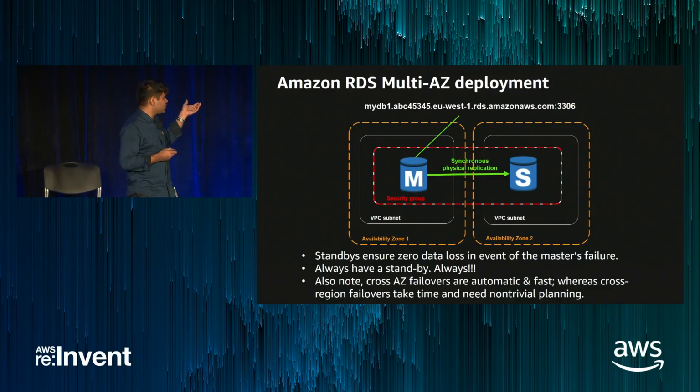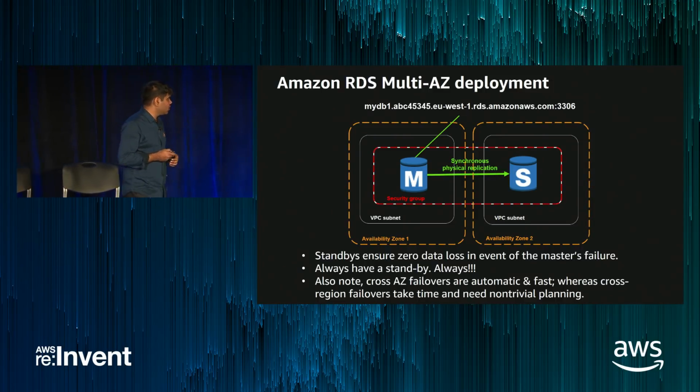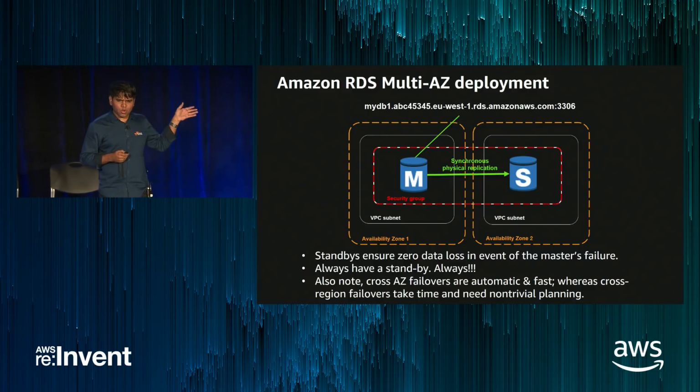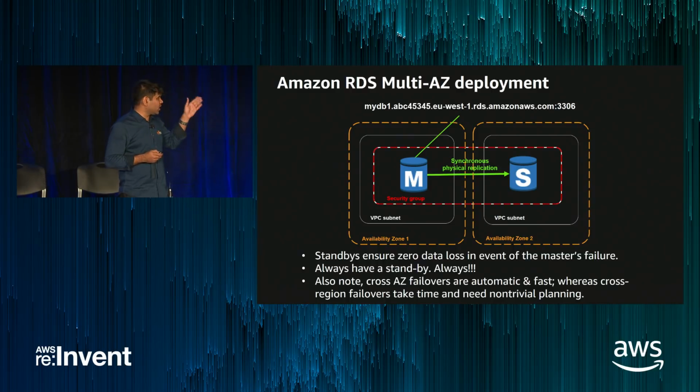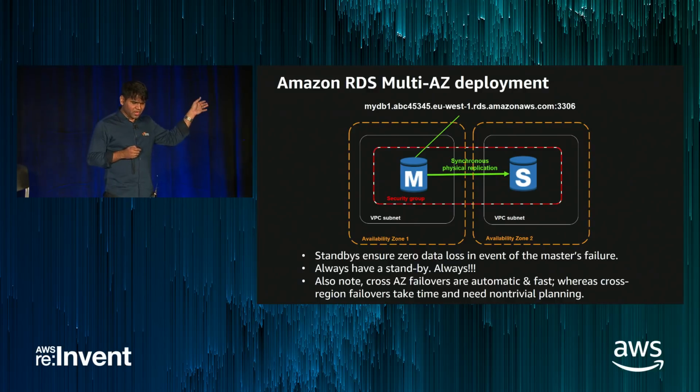And one of the low-hanging fruits is deploying a standby server for your master in another AZ, which is independent of the first AZ, which has got its own data centers, power supplies, network, and everything. And there is extremely low latency synchronous data copy happening from master to standby. So if master is ever going to fail, you always have a standby to rely on, and you can switch over from master to standby within a minute's time. The DNS rerouting happens automatically without you having to do anything. So this is pretty cool. You should always take advantage of this feature whenever you are going to store critical data in RDS.